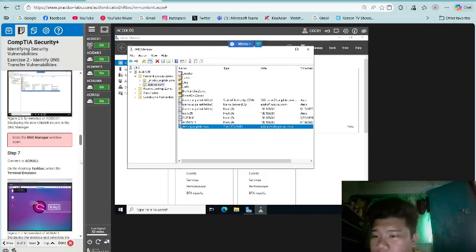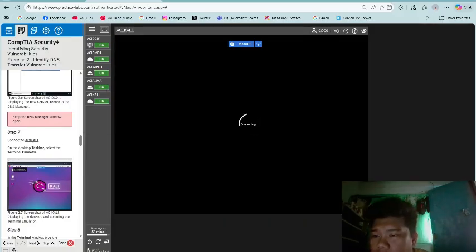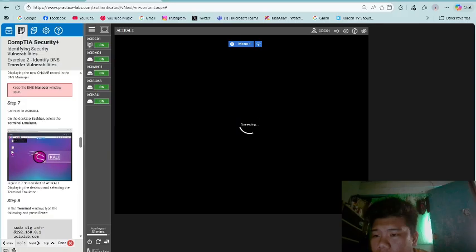So step 7, connect to ACI Kali. On the desktop taskbar, select the terminal emulator.